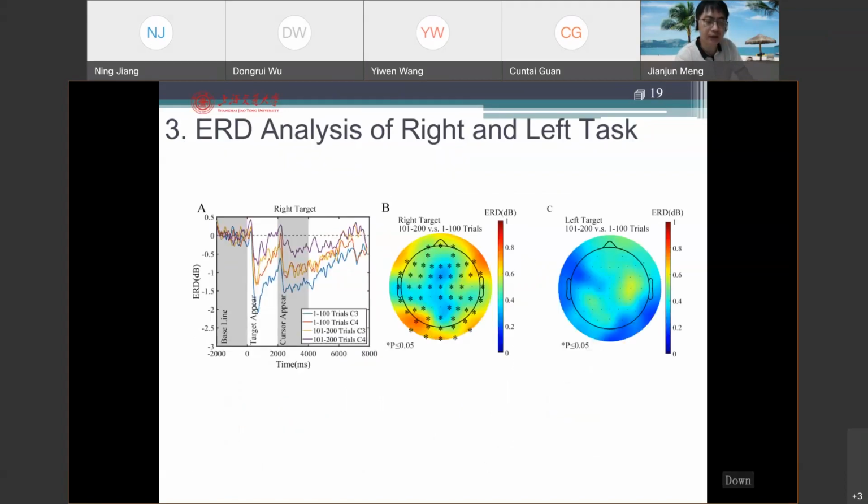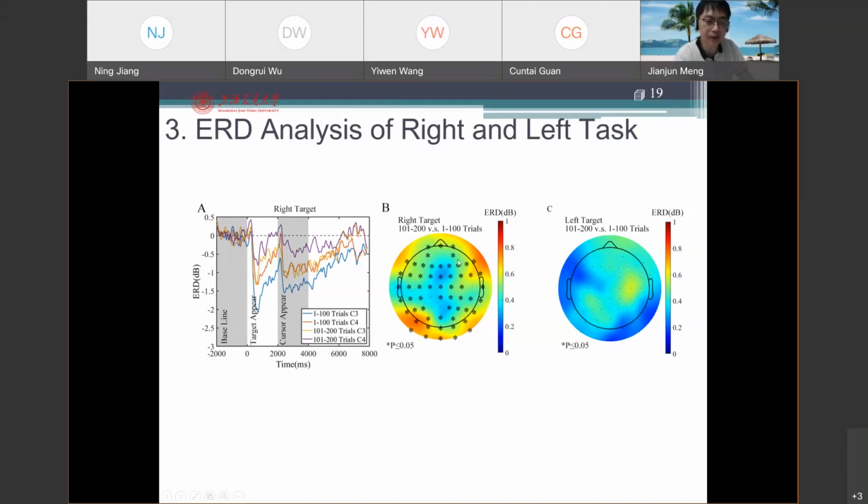Okay, and we also analyzed the ERD and ERS of C3 and C4 in the first 200 trials for all the sessions before any resting period happens. The absolute amplitude of ERD for both C3 and C4 was stronger in the first 100 trials, as you can see from the blue curve and the red curve. Also, C3 had a greater ERD than C4, and this is reasonable during a right-hand motor imagery task.